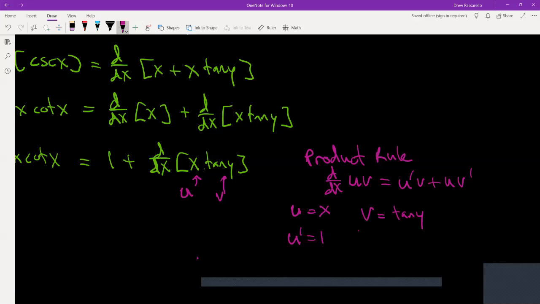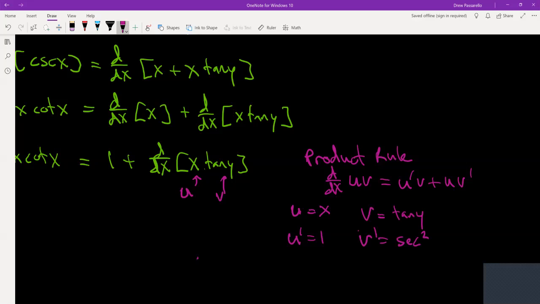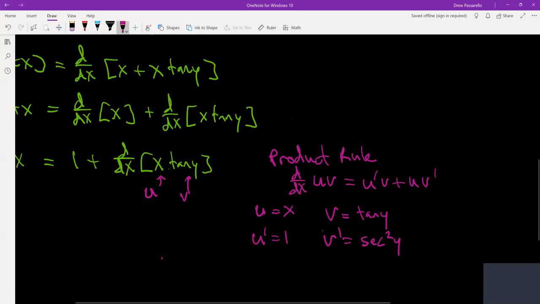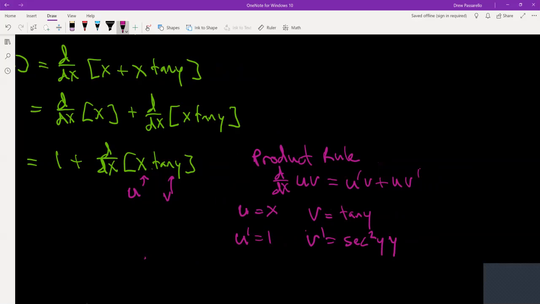So v prime is secant squared of y, but since I'm dealing with the variable y, I have to attach a y prime to that. So it'd be secant squared y times y prime, again because I'm taking the derivative of the variable y with respect to x. So if I take the derivative of x tangent y,